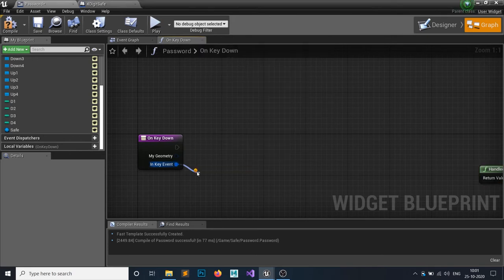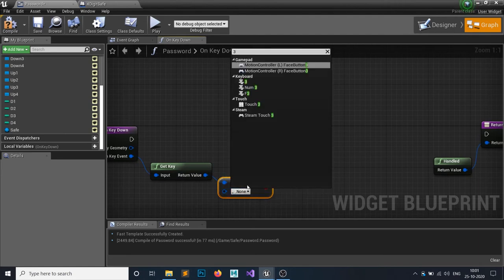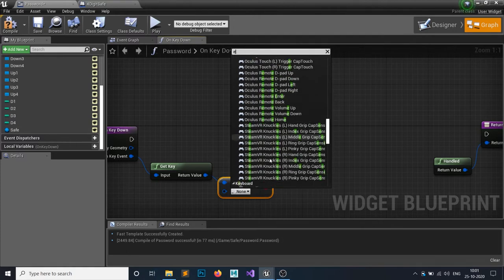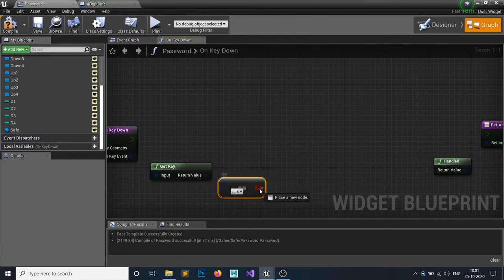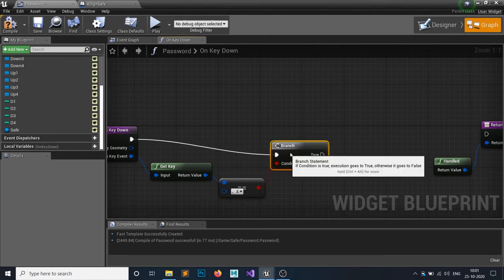So get a key, and we want to check the key is equal to key E or not. So where is the key E? This one. If it's equal to the key E, then what we want to do?